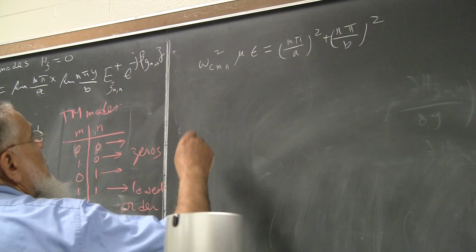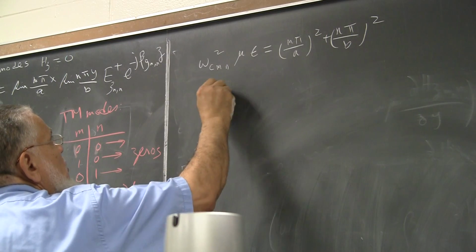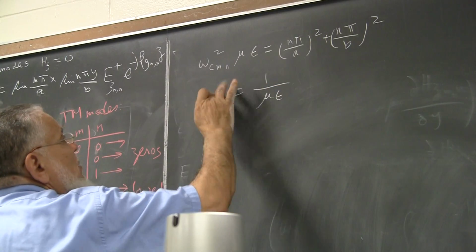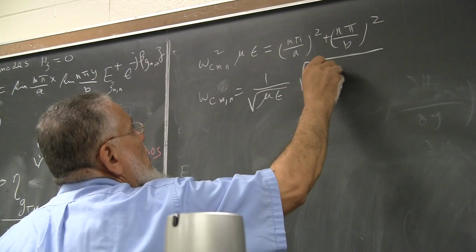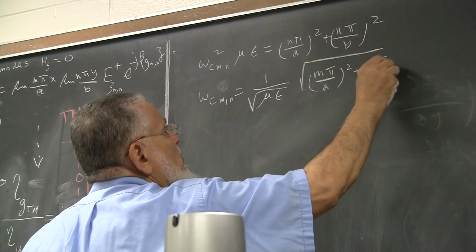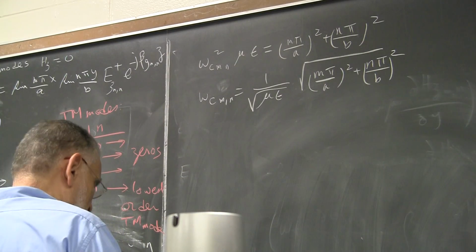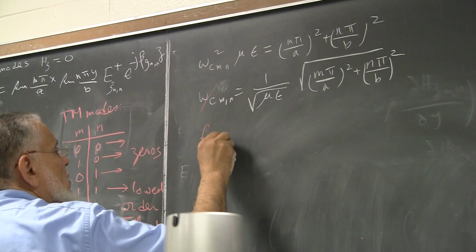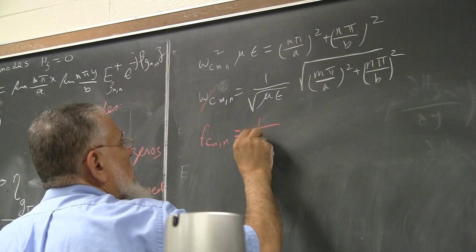In this case, omega sub c M N squared is equal to 1 over mu epsilon times M pi over a squared plus N pi over b squared. So make this an f sub c M N, divide by 2 pi, the pi cancels out, you get 1/2 here,